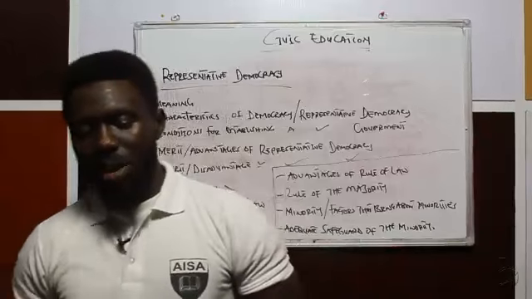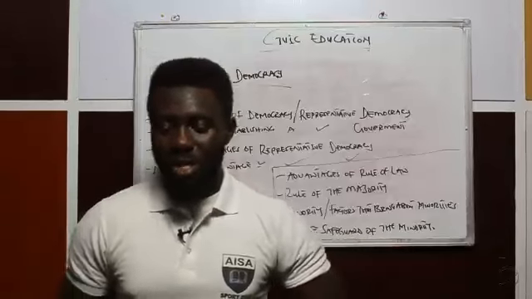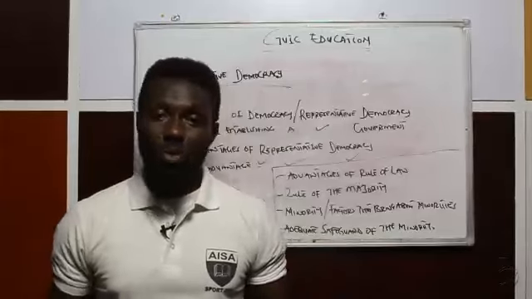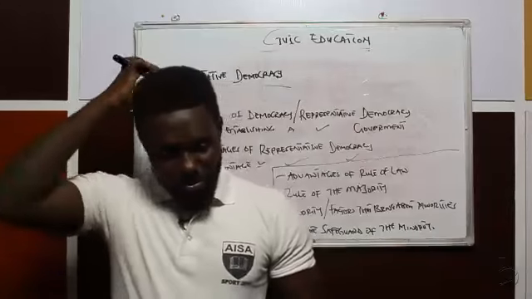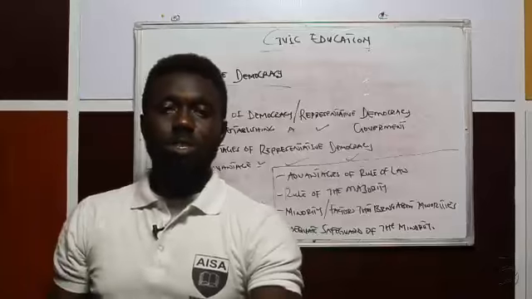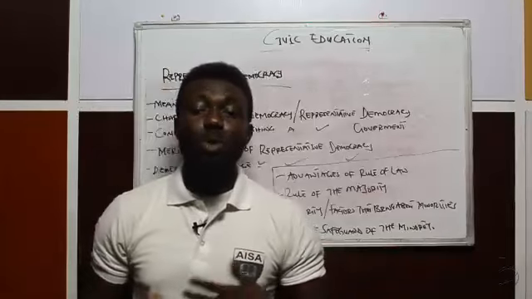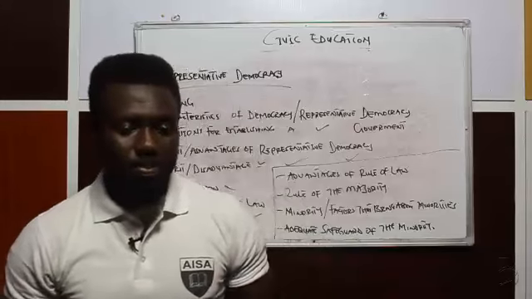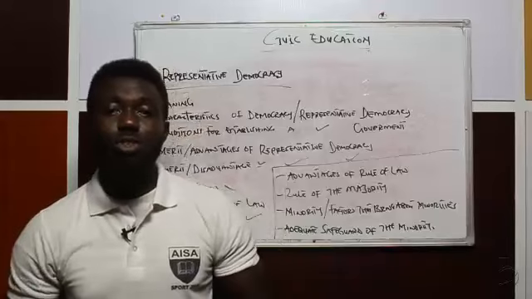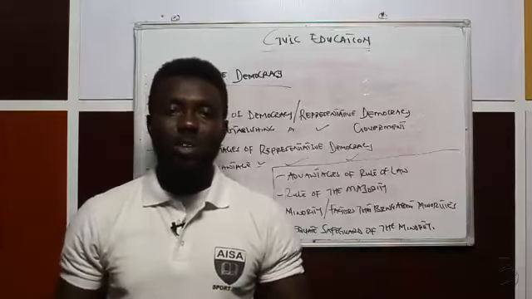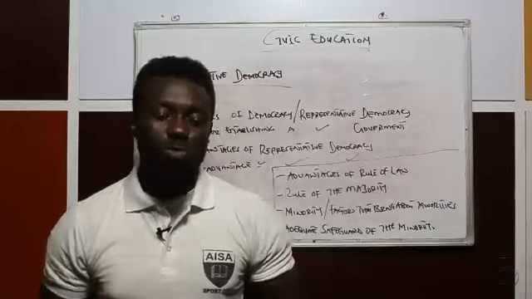Number one, we have equality before the law, where we say everybody is equal before the law. Number two, we have impartiality. People must not be discriminated in any way. No one should be partial. And that is one principle of rule of law. The third one is the rights of individuals. Individuals have rights, and these rights cannot be infringed. These rights cannot be overlooked. They must be entertained. Number four, absolute supremacy of the law, particularly the Constitution. The Constitution is supreme over every other thing. The Constitution is supreme. So that is another principle of the rule of law.